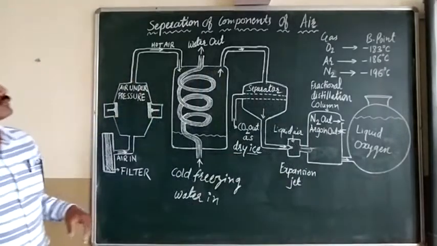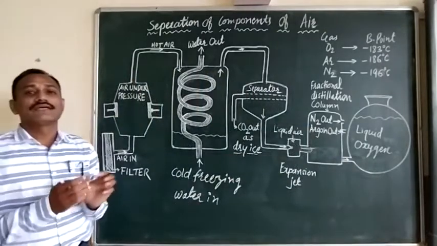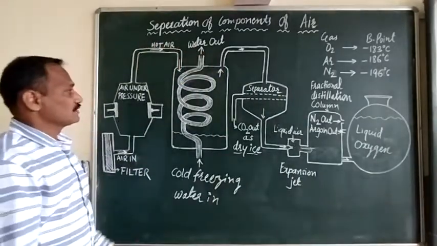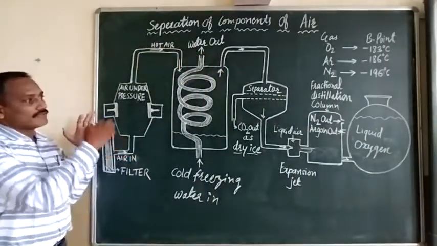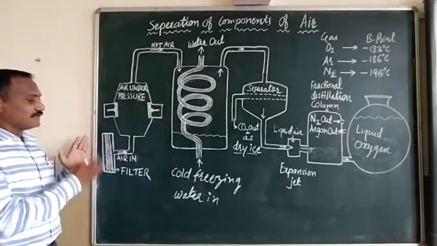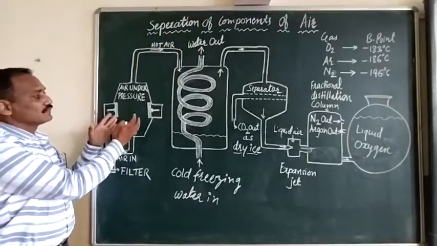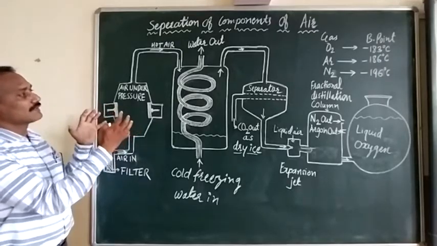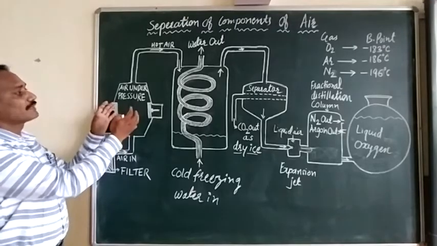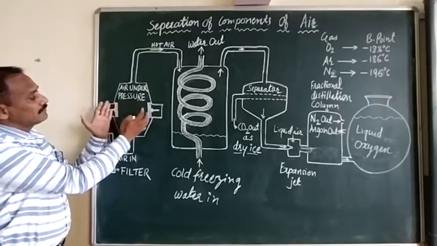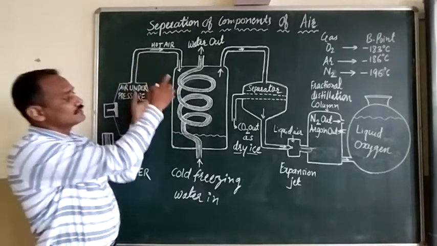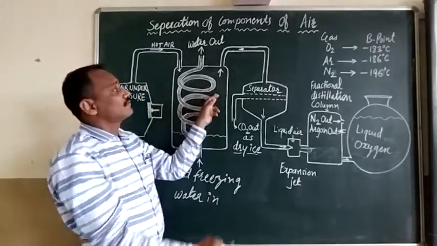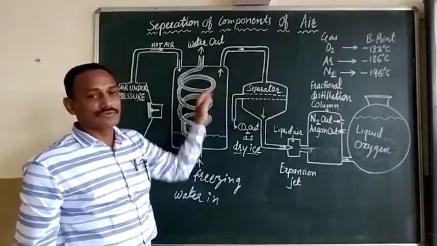This is how we can obtain different gases from the air, or we can say we can separate the components of air. So in short, again, we can recapitulate. Filtered air is allowed to pass into the first chamber where some pressure is applied on the air. It is compressed, we can say. So the air becomes compressed hot air, and that is cooled in the second chamber. So it becomes compressed cold air, and that cold air is passed to the separator where carbon dioxide separates out